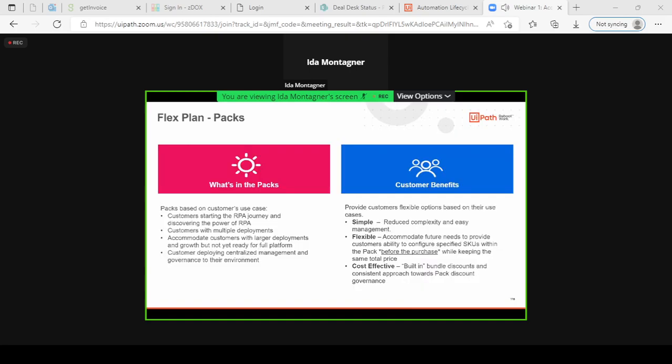Alrighty, flex packs. So we have packs. What we've done is we've built these packs. They have some inbuilt pricing. They're based on our experience of seeing what customers are purchasing and what they need. They also have